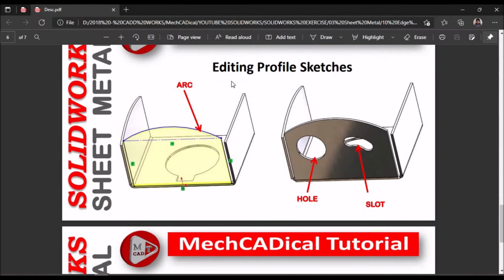So now I'm going to show you how to edit the sketch profile.